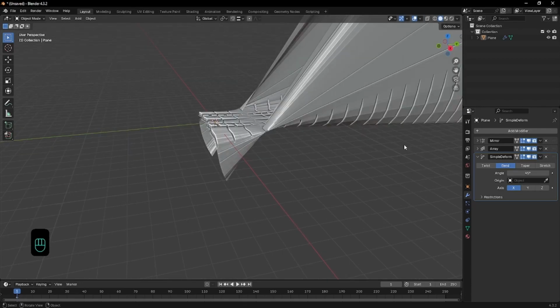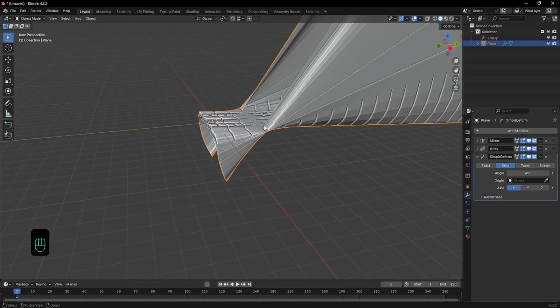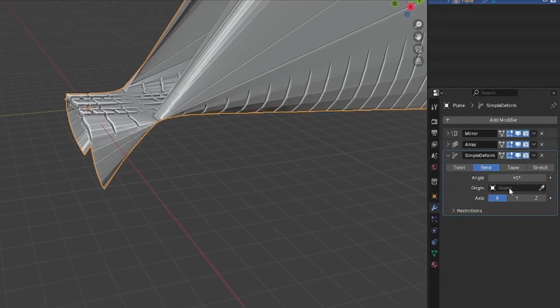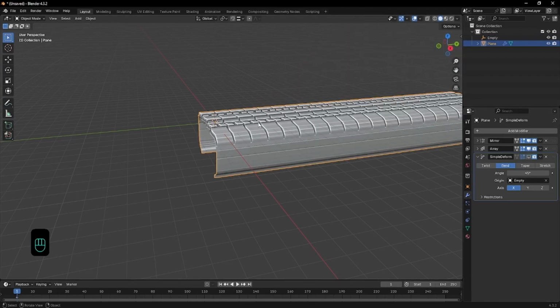What we want to do is that we want to add an object here so that it has an origin for the bend that will determine how to bend this array. So we have to go to Shift A, and making sure that we are in object mode, we will add an empty plane axis. And now when you select this origin, you can click here and select the empty. And now when we rotate the empty along the x-axis, because we want this array here to be rotated along the x-axis so that it will kind of go in a circle,